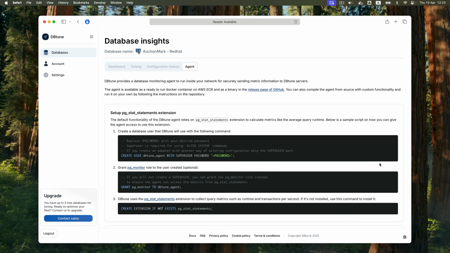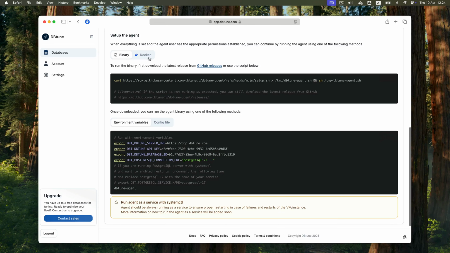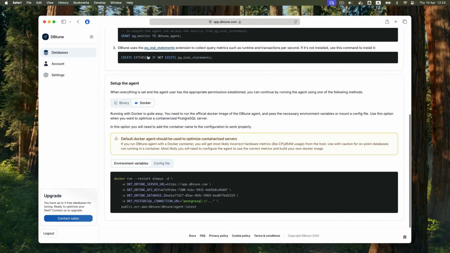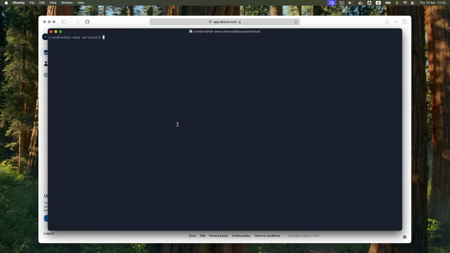Once the database is created, we're automatically redirected to the agent setup page. Here, you'll find instructions on how to connect the DBtune agent to your system. We will skip the first part, as we have already created a user for this demo. The only extension DBtune requires to operate is pg_stat_statements, which has minimal overhead for your Postgres instance. We provide the agent as a precompiled binary or as a Docker image. If needed, you can even build your own adapter to customize how DBtune collects metrics and modifies configuration settings for your Postgres instance. In this case, I'll connect the Docker agent to the Red Hat VM and begin monitoring the